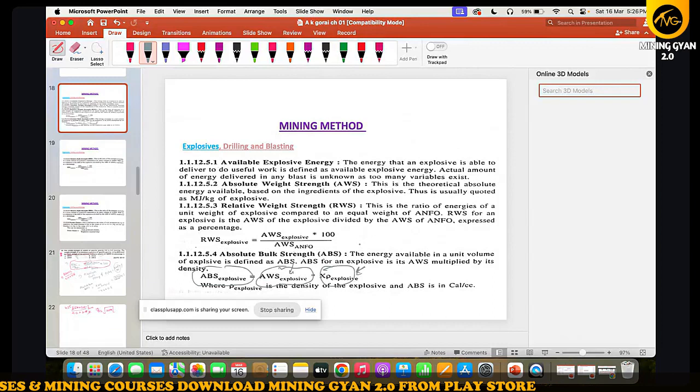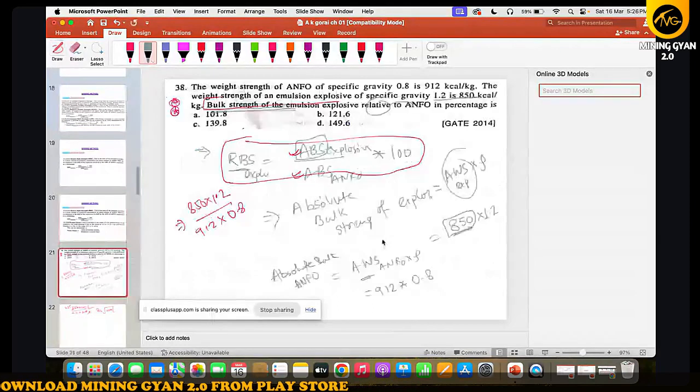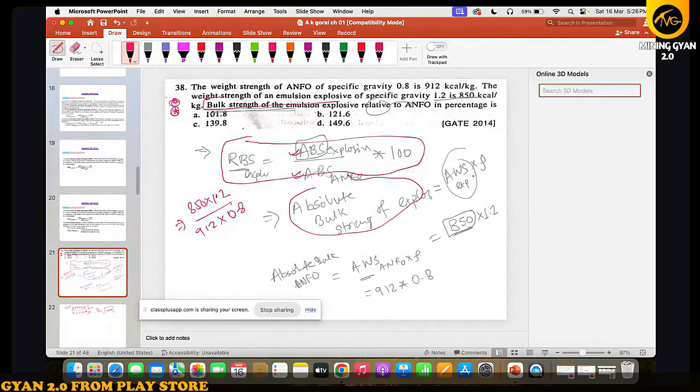ठीक है रविंदर जी, इसलिए यूज करा है। क्या मैं ज्यादा चलती चला गया क्या? फॉर्मूला भी लिखा है ना भाई मैंने कि एब्सोल्यूट बल्क स्ट्रेंथ है, उसका मतलब ये होता है AWS इनटू रो। ANFO है तो AWS ANFO इंटू रो।